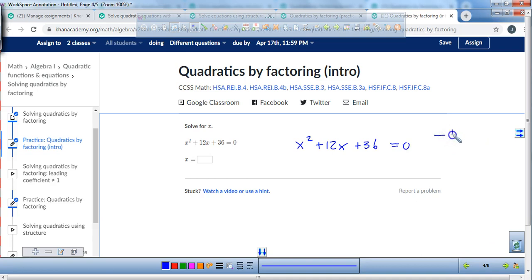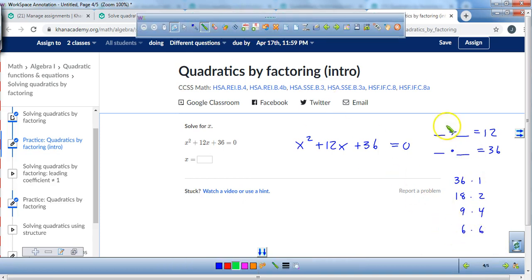If you're looking for two numbers that add up together to equal 12, but those exact same two numbers multiply together to equal 36. Well, there's lots of factors of 36. There's 36 times 1. There's 18 times 2. There's 9 times 4. And there's 6 times 6. Well, there's only one set that will work in both scenarios. And that, of course, is 6 and 6. Because 6 plus 6 is 12, and 6 times 6 is 36,